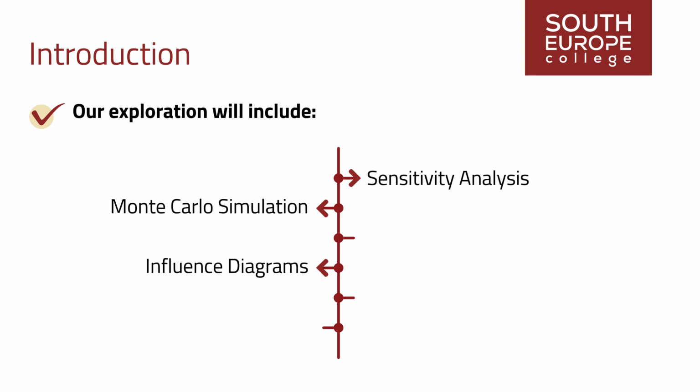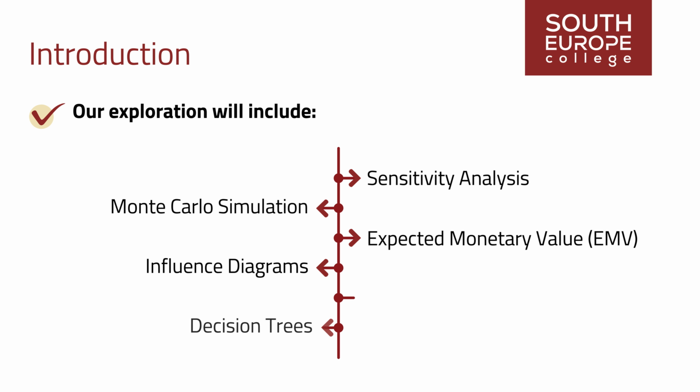optimize project performance. Expected monetary value is a statistical tool for quantifying risks and determining appropriate contingency reserves. By calculating the expected value of different risk outcomes, project teams can allocate resources effectively and develop proactive risk mitigation strategies to address uncertainties. Decision trees provide a structured framework for evaluating alternative courses of action and assessing their potential outcomes. By analyzing decision trees, project teams can identify optimal risk management and resource allocation strategies, maximizing the likelihood of